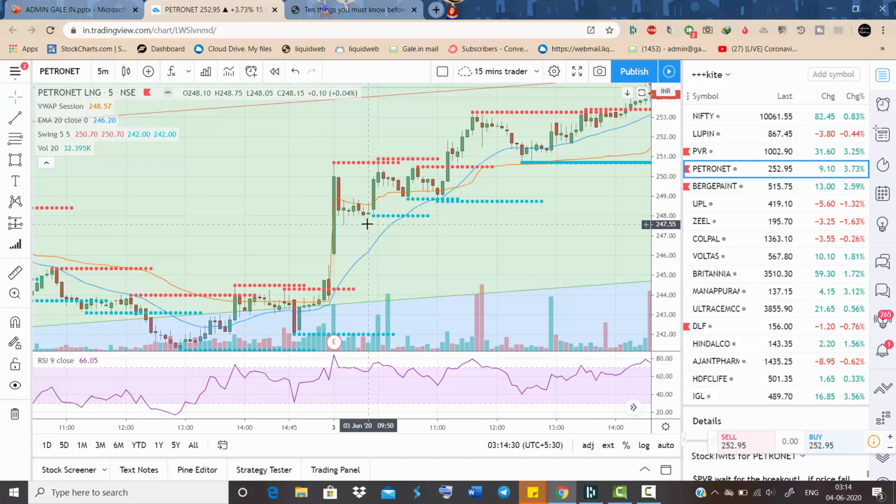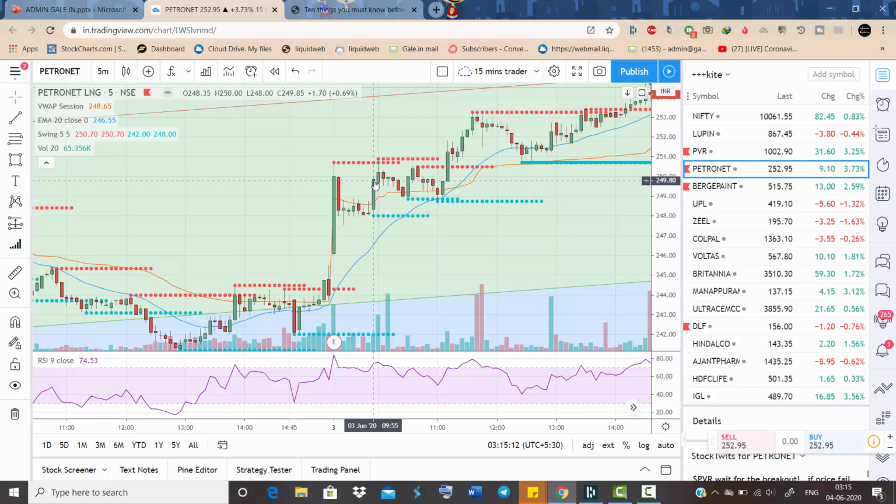It is not a green candle, so we can wait here. This is a good candle with good volumes. You can see this candle is a good confirmation to buy the stock. What this candle suggests is the stock is likely to make new highs of the day. So point A, B, C, you wait for a good candle with good volumes to enter, or you can enter just above this VWAP. You can enter on any reversal patterns. So this is the best candle to enter.